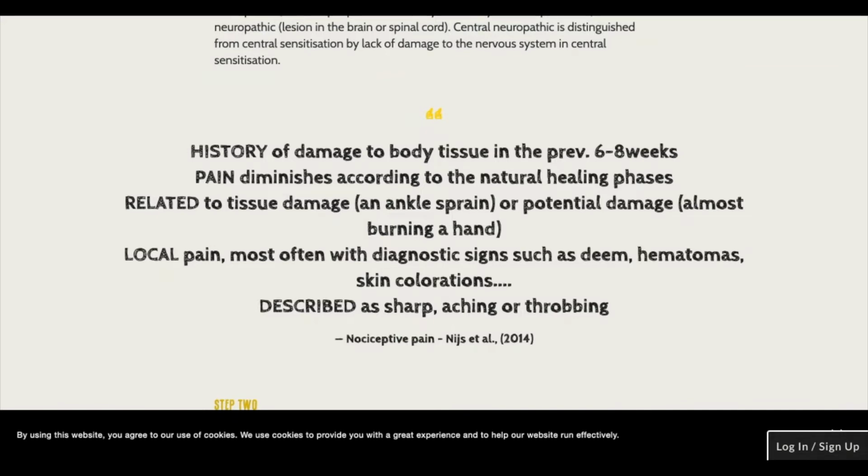There's going to be something that can explain or give a connection to a nociceptive driver, and we get that from asking and taking the history. This will classically settle down as healing phases pass. So if we were to look at the explain pain in under 5 minutes video that I put on, most people's back pain is going to settle within 4 to 6 weeks. Some people it's much shorter than that. Then other people, it will go on much longer. But with most tissue healing phases, the pain in nociceptive will follow tissue healing phases.